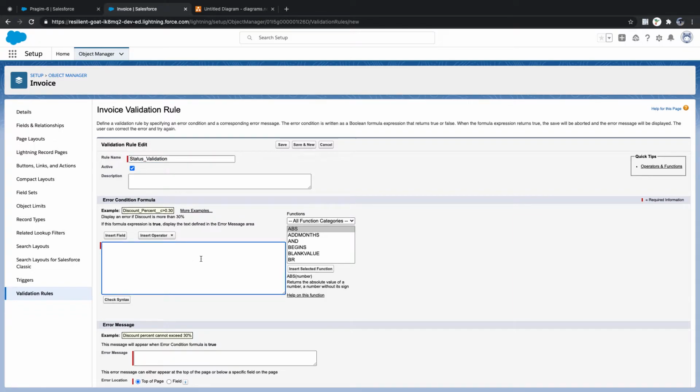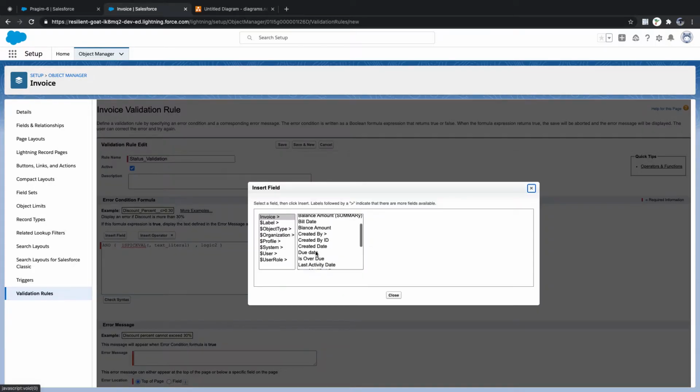Now, first thing, we can use AND of logic 1 and logic 2. You remember this? What happens if logic 1 is true and logic 2 is true, what is the result? If logic 2 is false and logic 1 is true, the same thing. Here we have two conditions. The first logic is that we need to get a pick list value. We have a method called ISPICKVAL. Here you need to pass your pick list value.